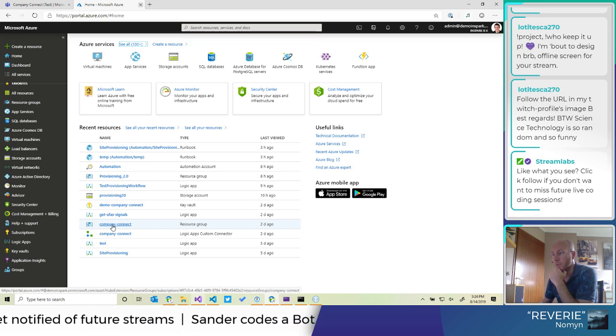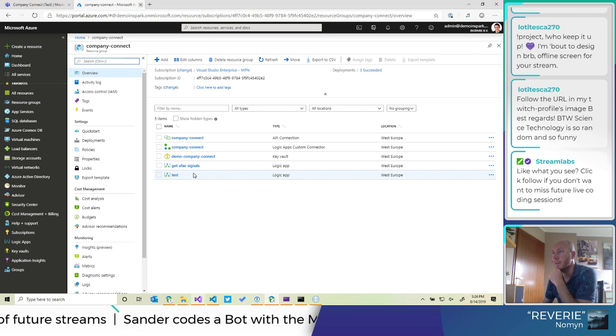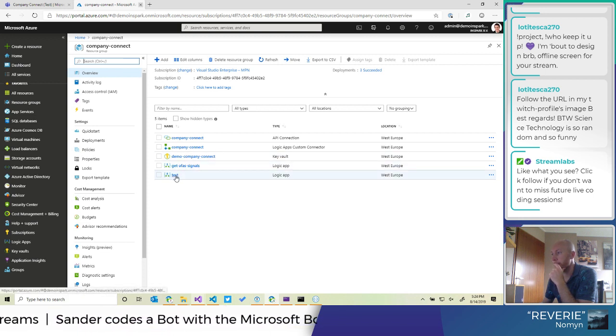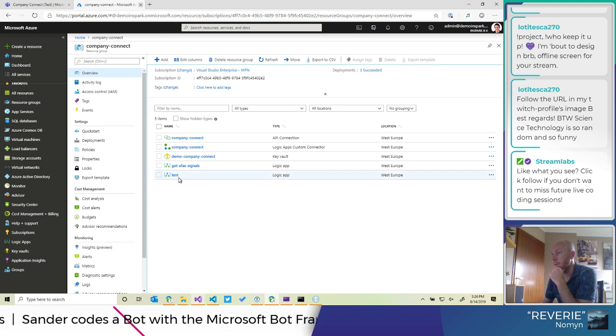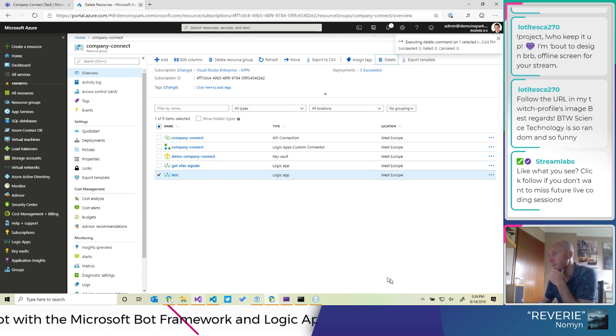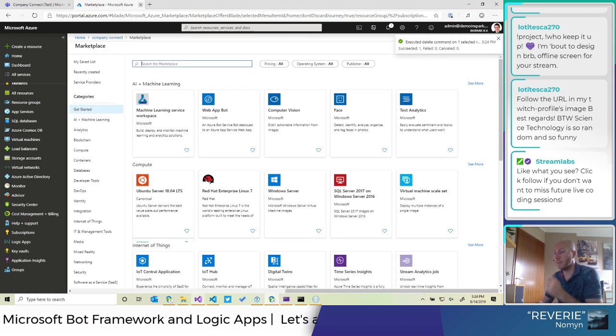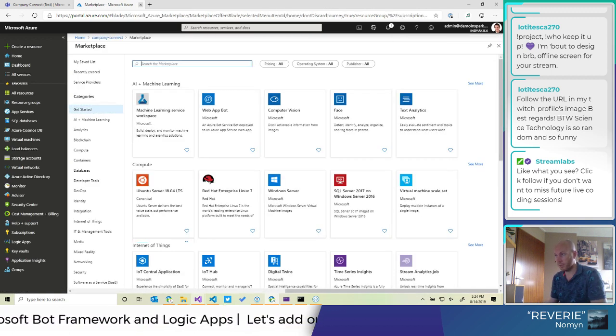So we go to Company Connect. Here we did not have it at all. We can get rid of the tests. And let's add a dialog for the SAM